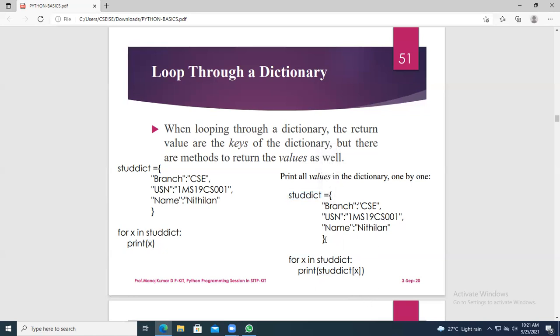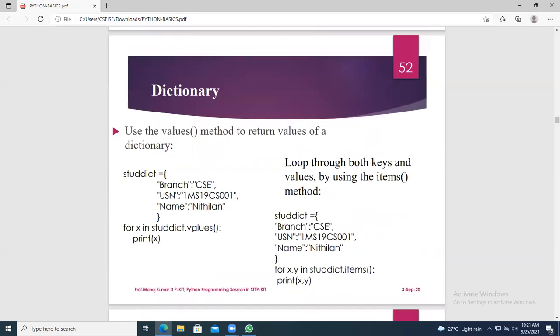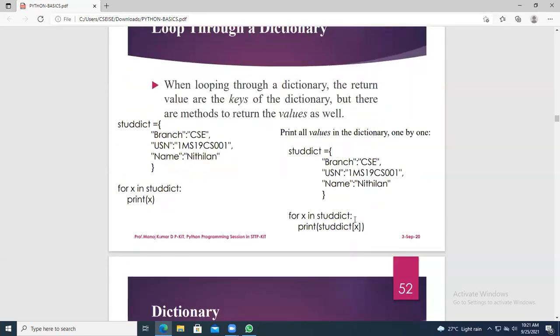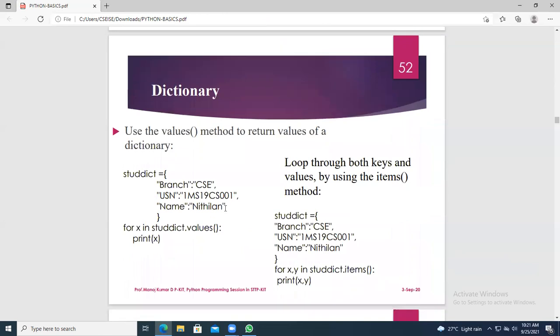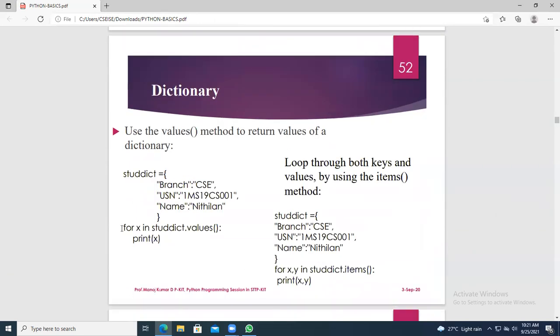Okay, rather than that, you can also go with the values method. So this is the first method to print the values, or you can go with static dot values. Here, for X in static dot values. So you can take just a simple one.